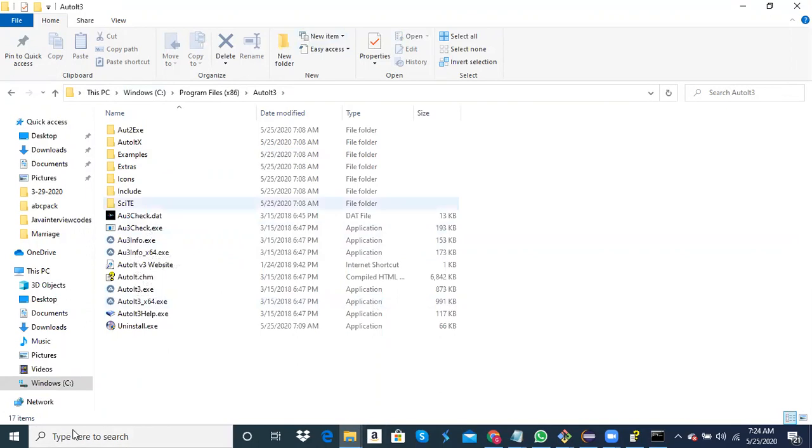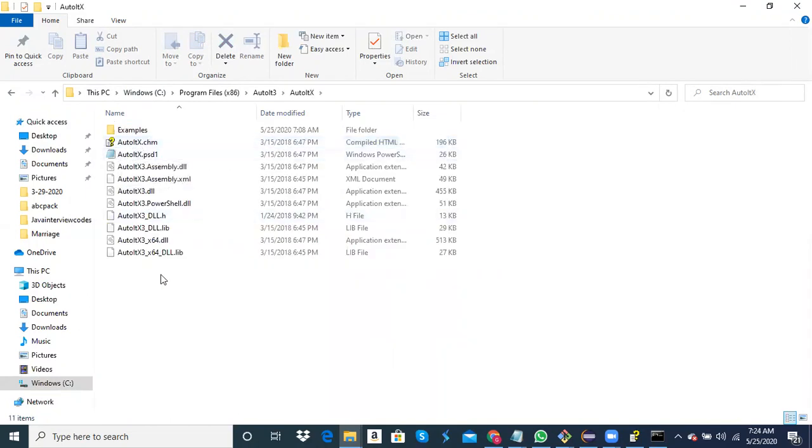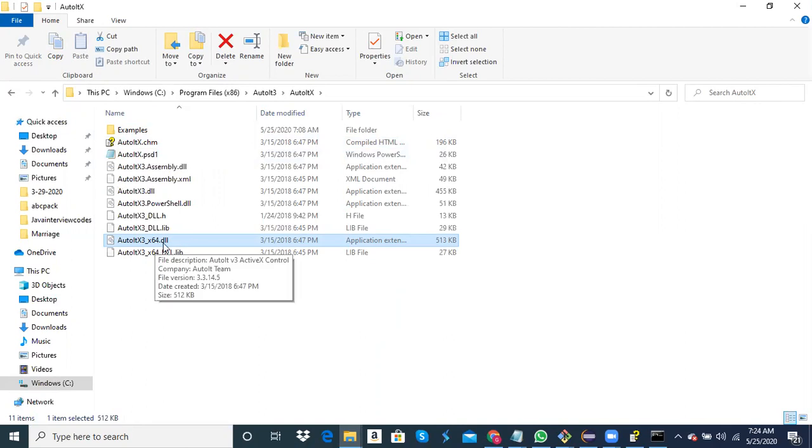Similarly, in the folder AutoItX, there is this DLL, AutoItX3_x64.dll. This is the DLL file that we need.